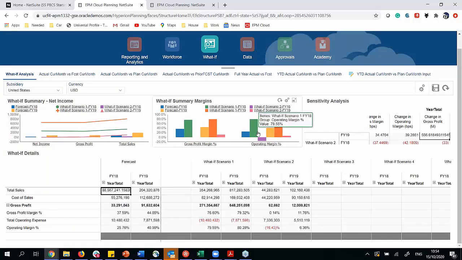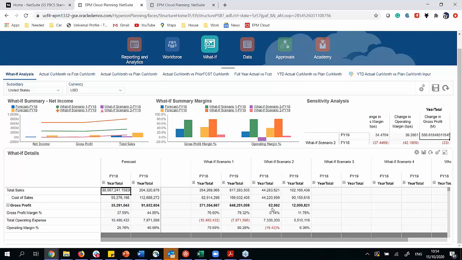And quite quickly you can see that we've already got a new what-if scenario within our dashboards. We've got a new line dropping down quite substantially in comparison to what the other lines are showing. We can see all of our numbers here, which is a big drop down from the initial numbers that we've got in front of us. So you can see that the what-if scenario not only has worked, but it's given us quite dynamic and visual data to show us exactly where the downturn will be based on the what-if details on the side: total sales, cost of sales, gross profit, and so